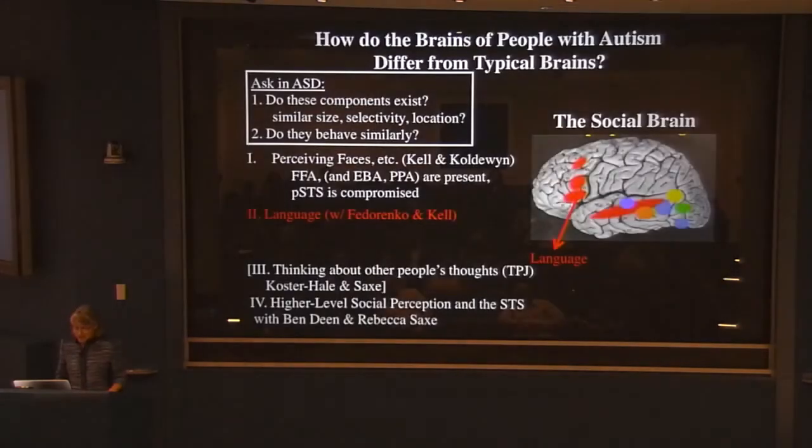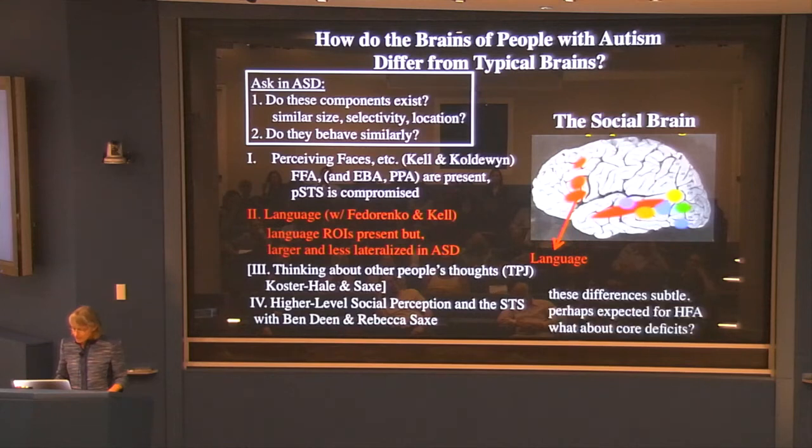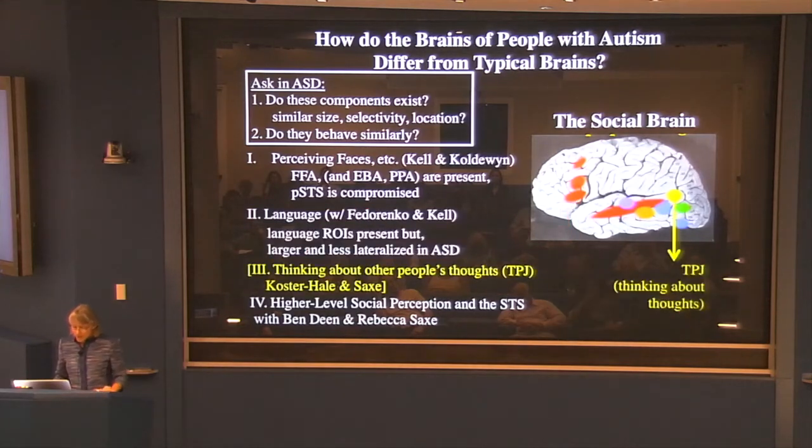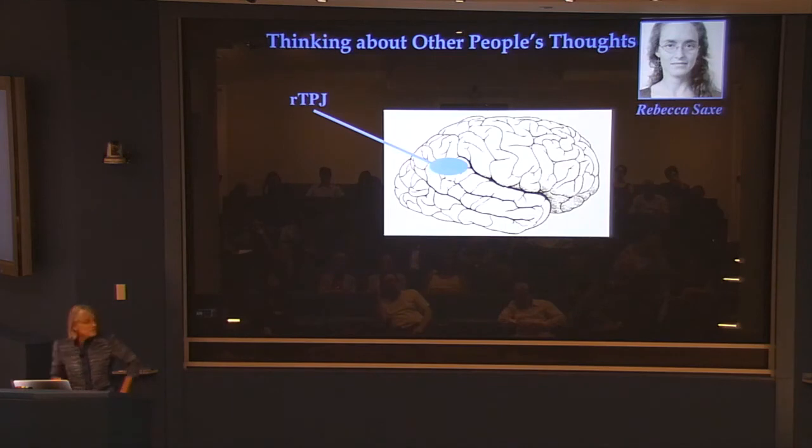And actually, this is in part why I brought up this work by Jory Koster-Hale and Rebecca Sachs. Even though it's not my work, I think it's a really beautiful illustration of how we can use subtler measures with functional MRI to find real differences between people with autism and people without. Okay, so just to give you the background, I mentioned this briefly before, but starting around 10 years